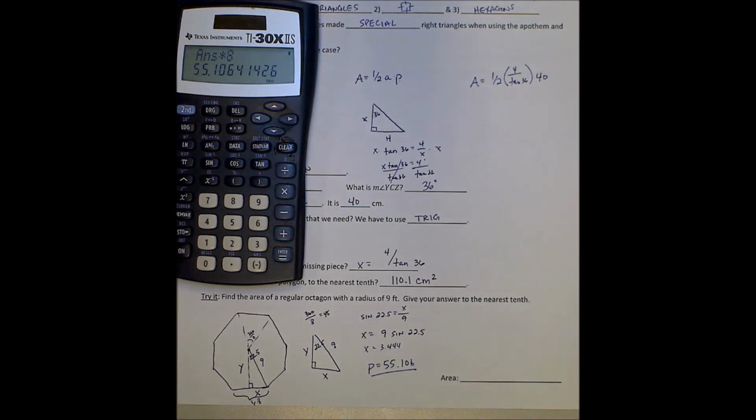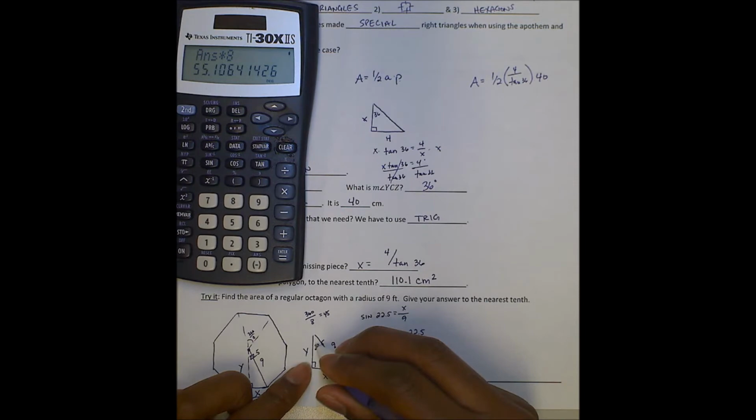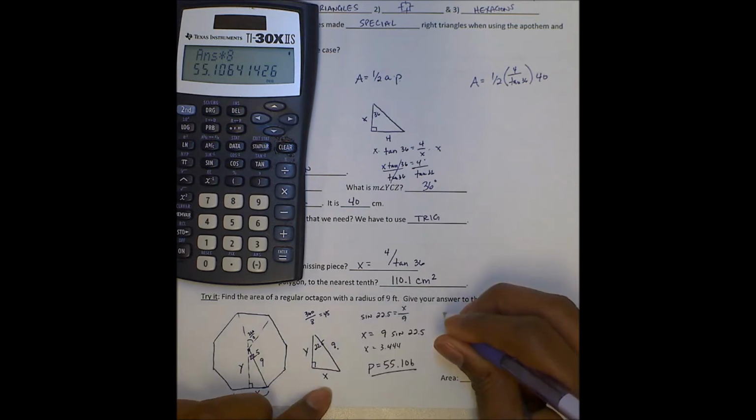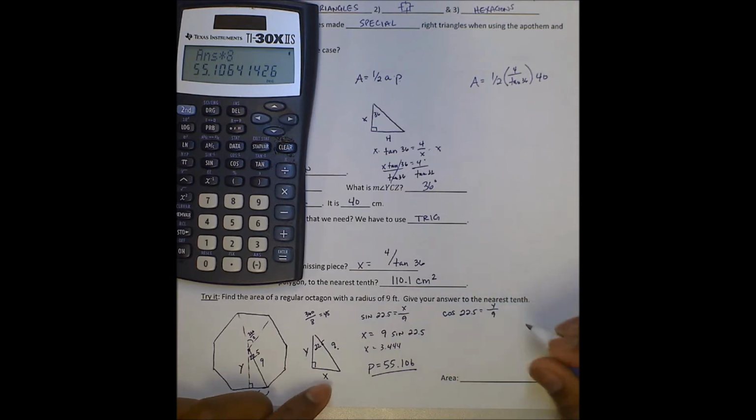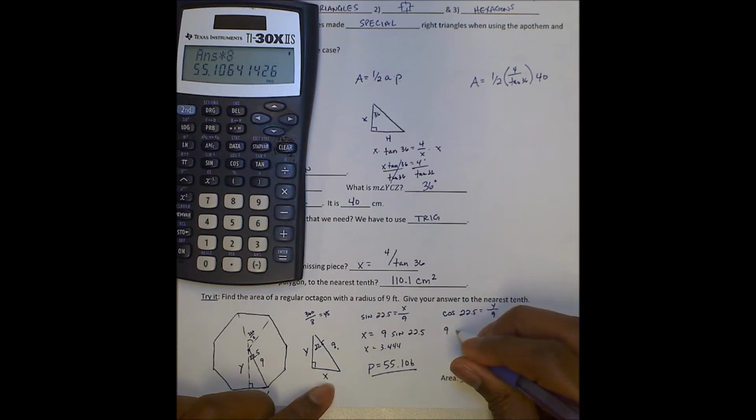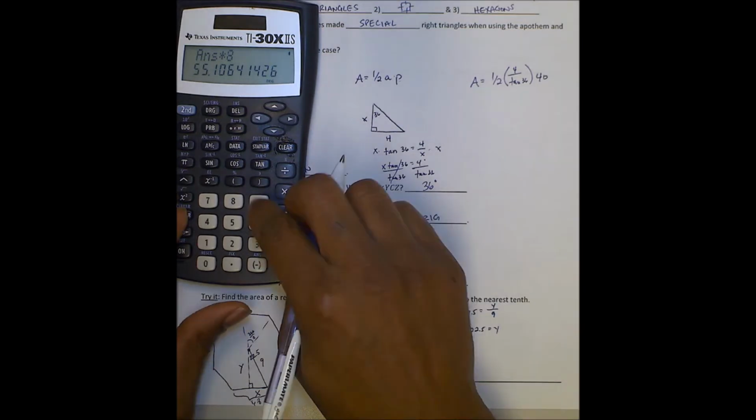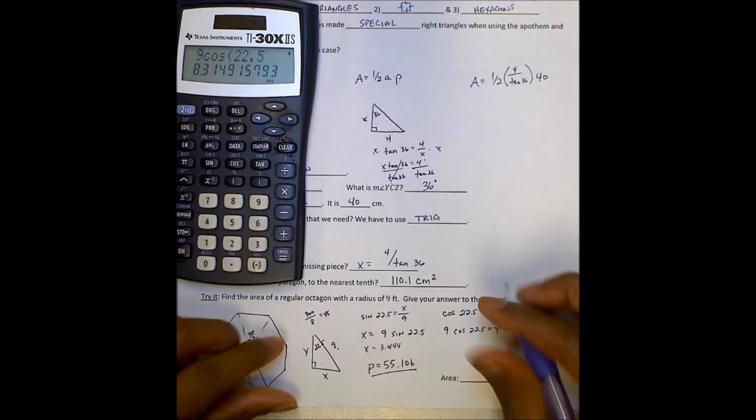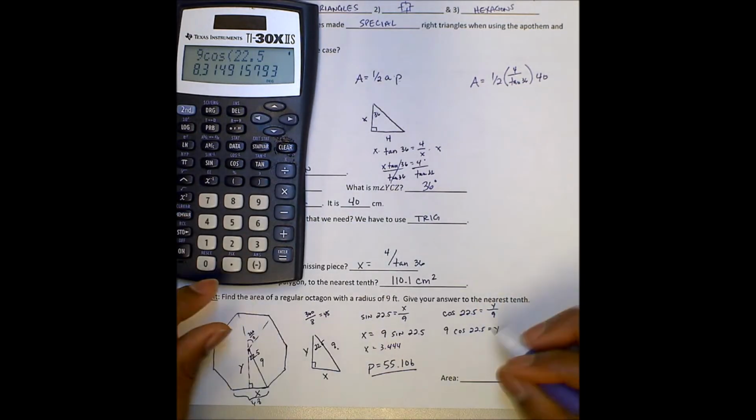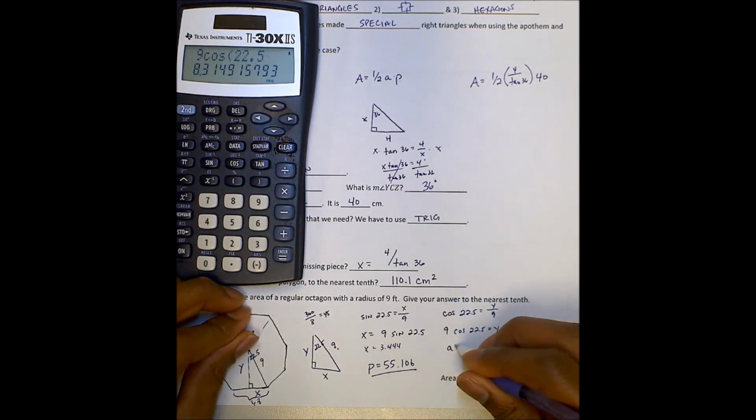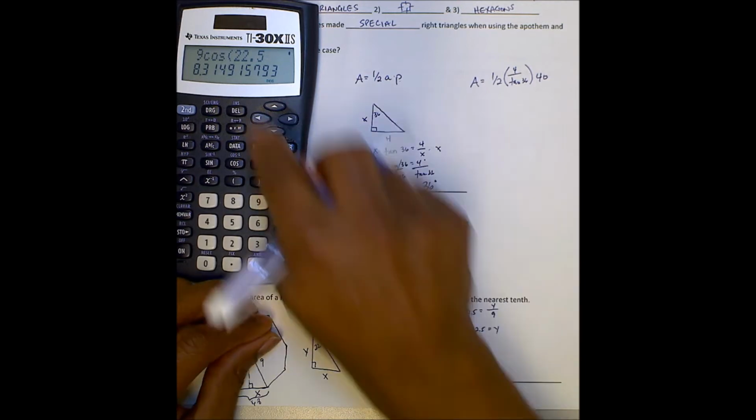The other piece that I need for my final formula is the apothem. Okay, and that's the adjacent side, and I have the hypotenuse, so I'm going to use cosine. Cosine 22.5 equals the adjacent y over the hypotenuse 9. I can find y by 9 times cosine 22.5. 9 cosine 22.5, and that gives me 8.31111. Okay, so I'll write that down again for our benefit, but in my calculator I'm going to just use that